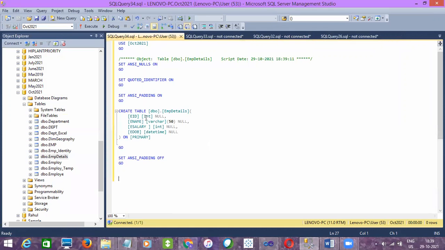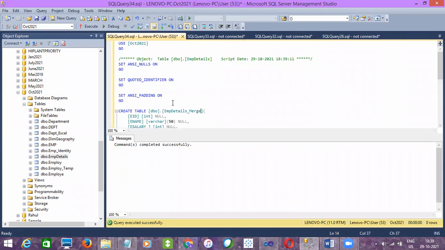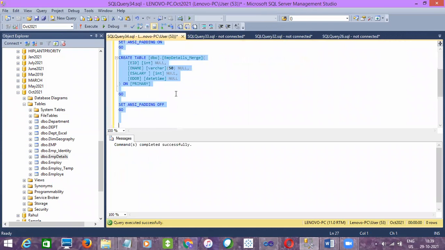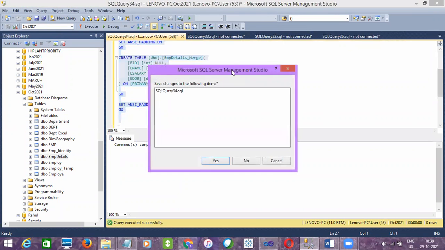You get the table creation script, and you just need to change the name. I'll give emp details underscore merge. This is my new table, which I am creating on the October 2021 database, and I'm going to use it as my destination.